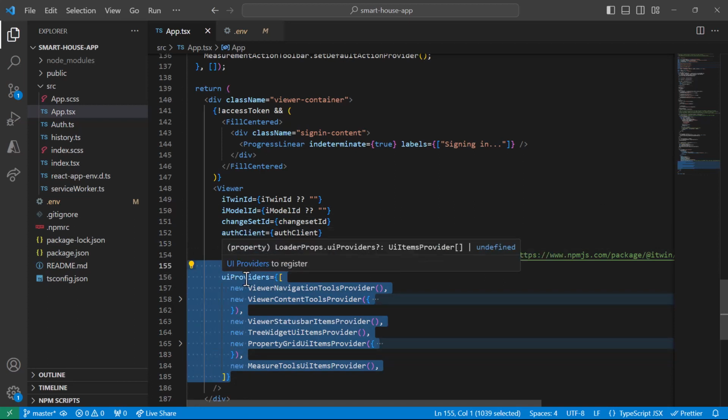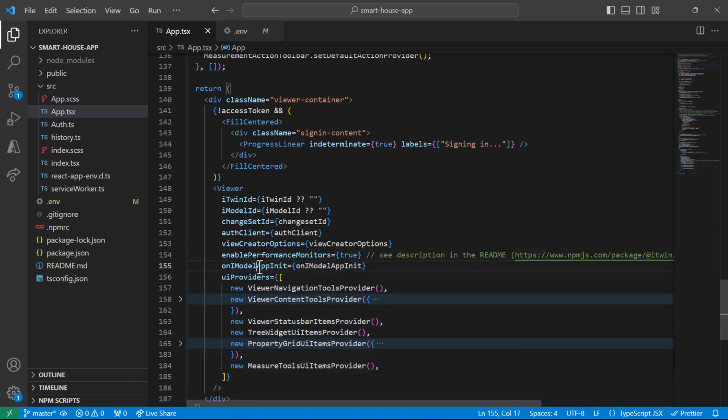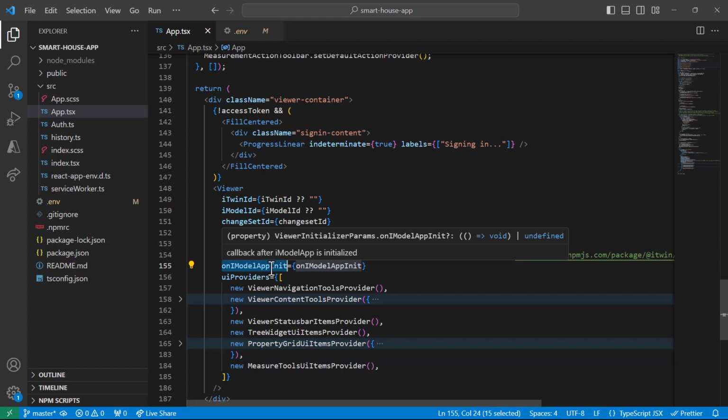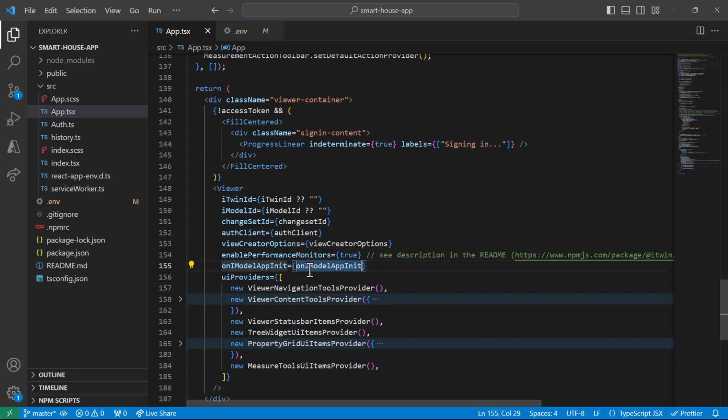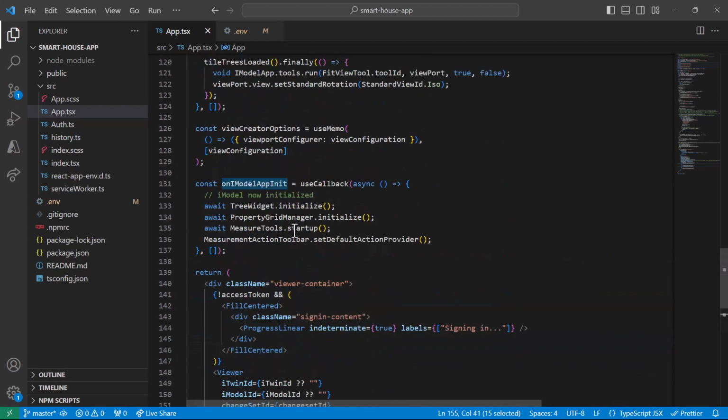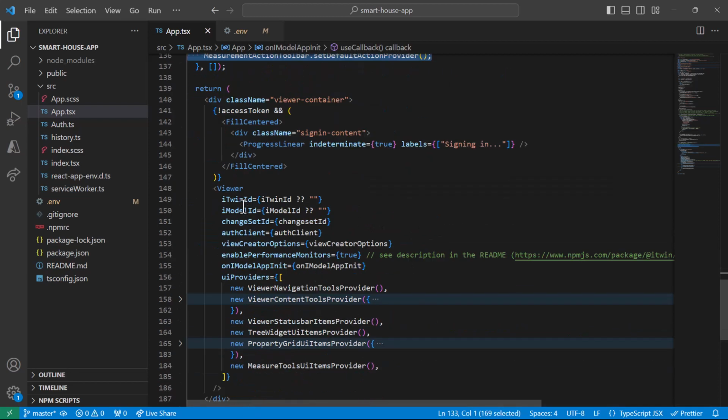Now, this is the entry point for our code. iModel app init is a lifecycle method that is called when the iModel app first initializes. It indicates that we have successfully connected to the iTwin platform and we can access the APIs. So this is where we can actually start interacting with the platform. In this case, this method is being used for initializing some UI components, which brings us to the next parameter,